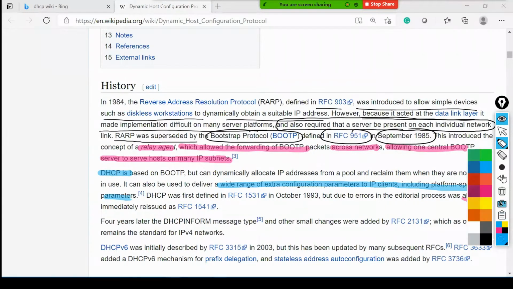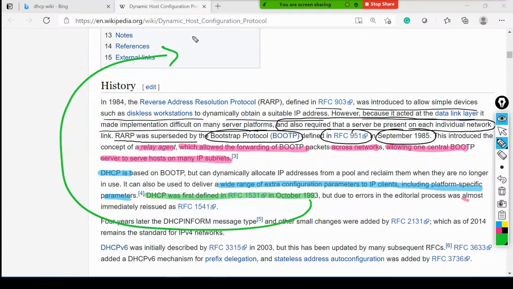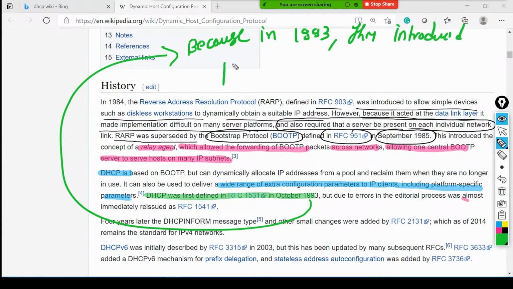And the first time the DHCP was used, the reason, I'll tell you one thing, in 1993, they introduced the concept of classless.